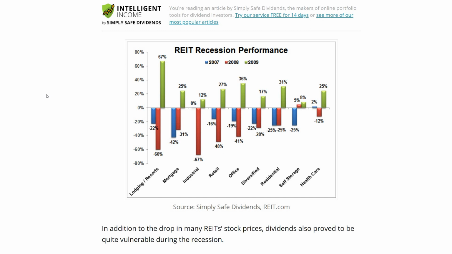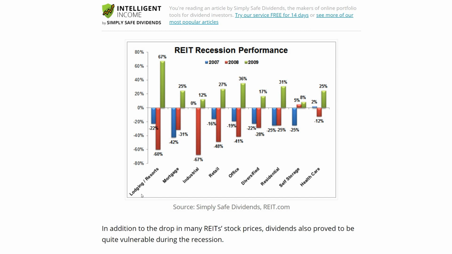So, coming back to what I was talking about with how the different REIT sectors performed during the 2007, 2008, and 2009 time period, where we had the financial crisis. It was sparked through the mortgage crisis, where people were losing their homes, and there was fear. It was a really tough time. Different states and cities were impacted differently across the country and across the globe. Now, over here on the left, starting with lodging and resorts, this is a sector that was impacted more so than the sectors here on the right, for example, like healthcare.